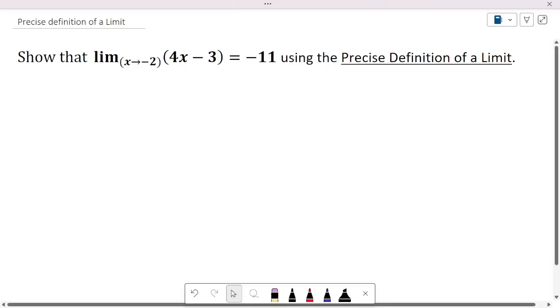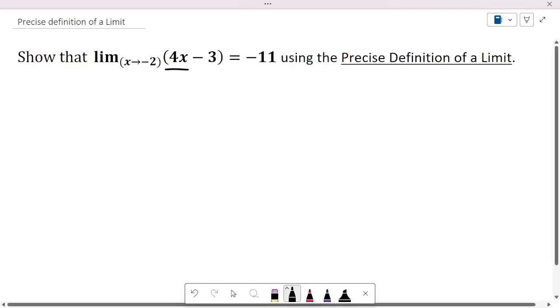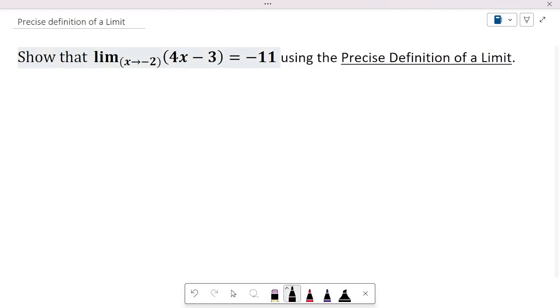In this video, I'll be going over the precise definition of a limit. This time, I'm going over a linear function, which we can see in this function. So basically our standard form for our limit is the limit as x approaches a of any function,